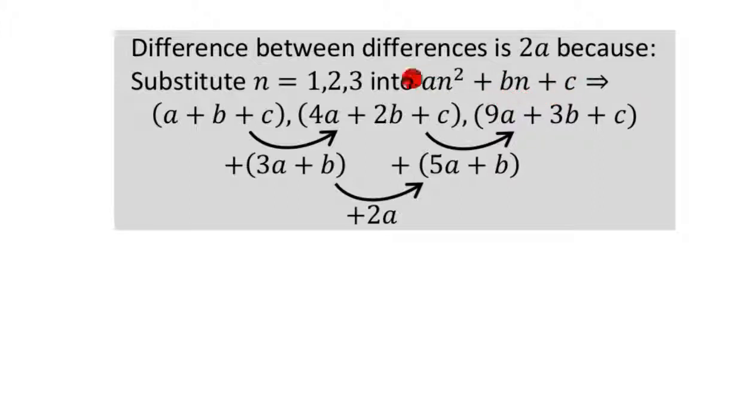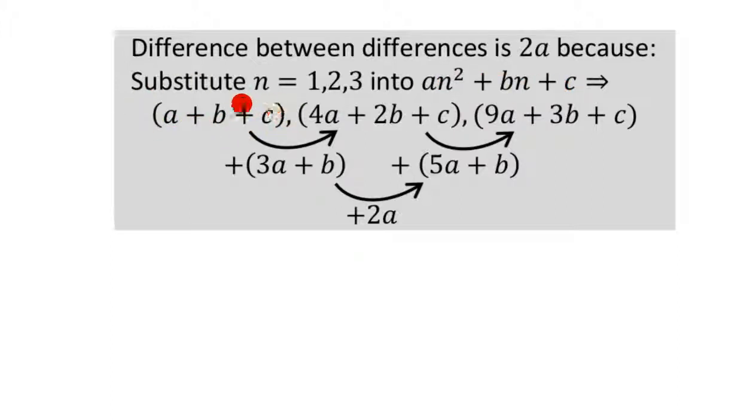Okay, then if you stick n equals 1 into this, you'll get the first term, n equals 2 into this, you'll get the second term, and n equals 3 into this quadratic nth term, you'll get the third term. So let's do that together to see what you get. So when n equals 1, it goes into this, that means that is 1 and that is 1. So you get 1 squared is 1 times a, so basically that's 1a or a. And b times 1 is b, and c by itself is c. So by putting n equals 1 into this quadratic nth term, you get a plus b plus c,